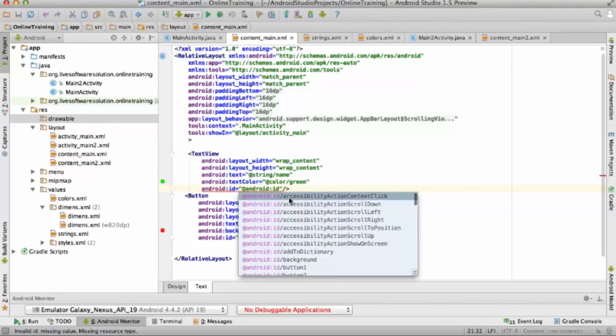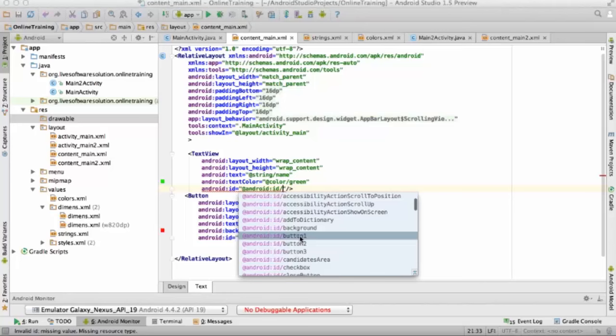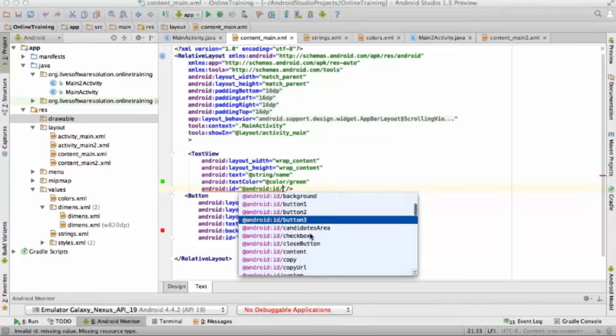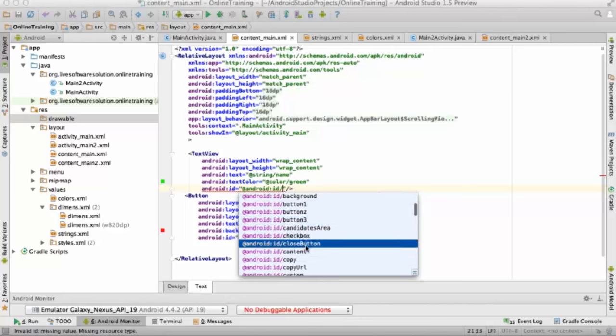In Android, there are two ways for defining an ID for any view.